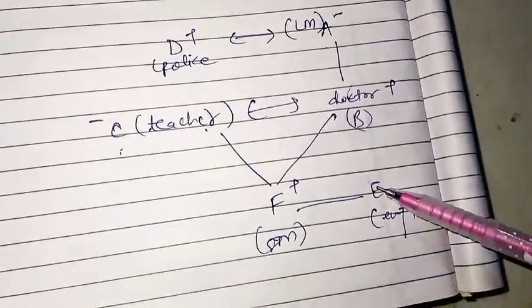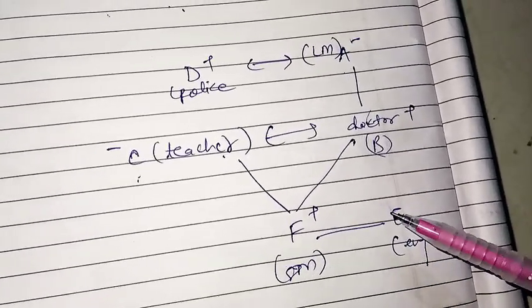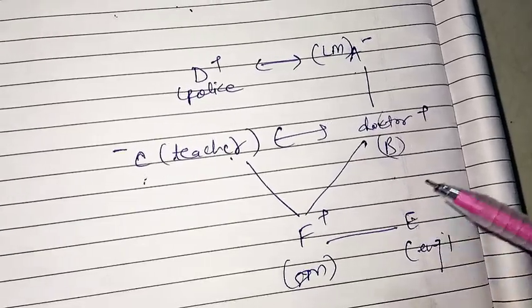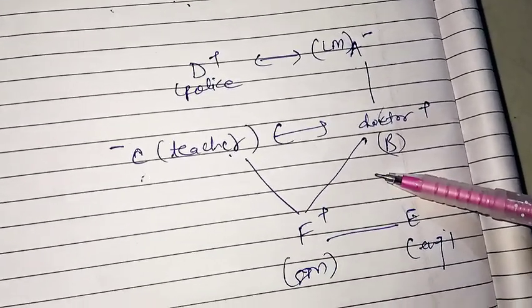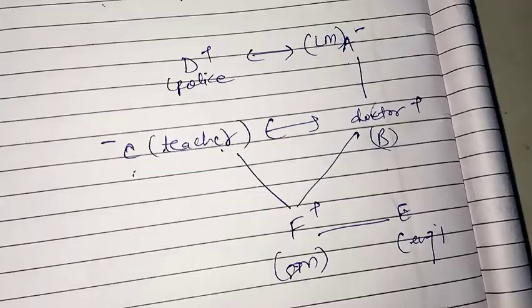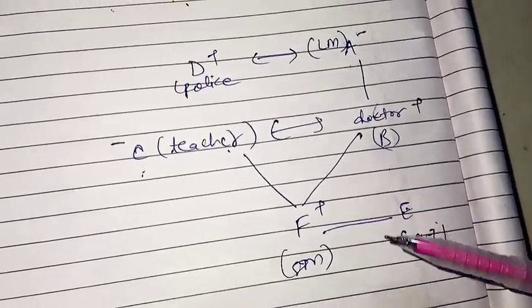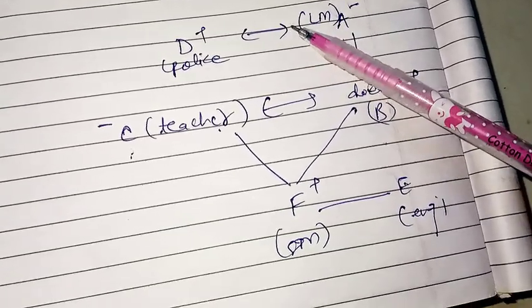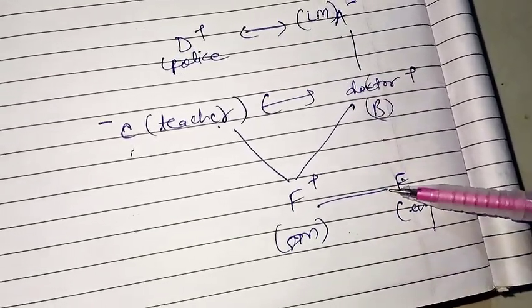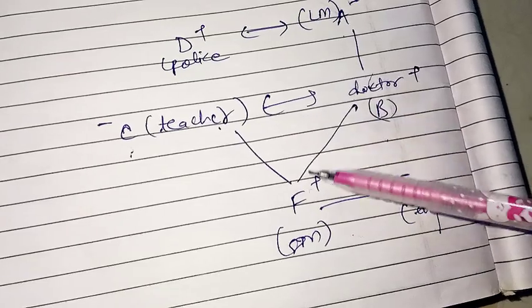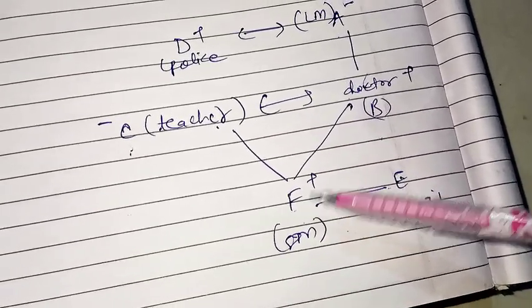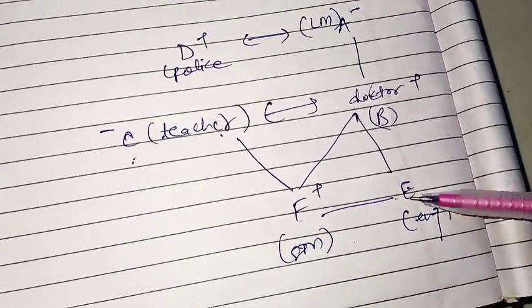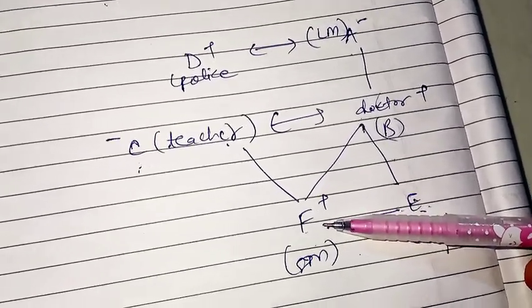So this is the way to solve the blood relations, and I have taught you, and that's why I took time. Otherwise, this question could have been solved in 1.5 minutes, not more than that, because this is a very easy question. So this is the way to solve the blood relations, and use these signs properly for couples and for brothers and sisters, okay? And this is the sign for their son or daughter, and he is also their child, be it son or daughter. So this is the way to solve, okay?